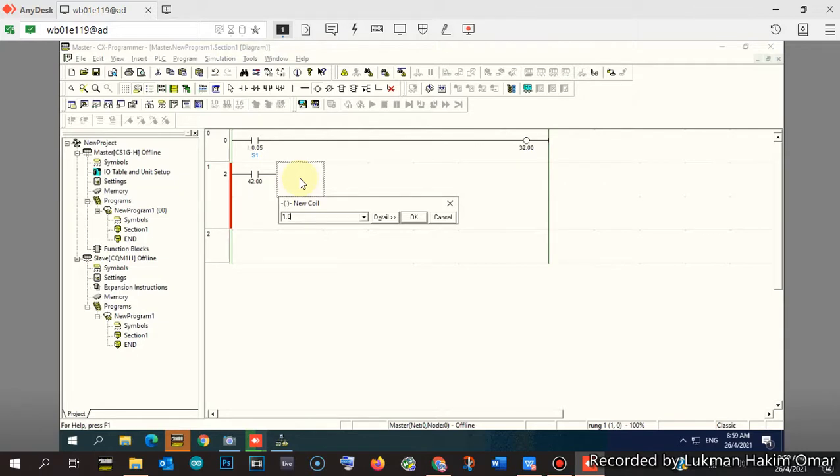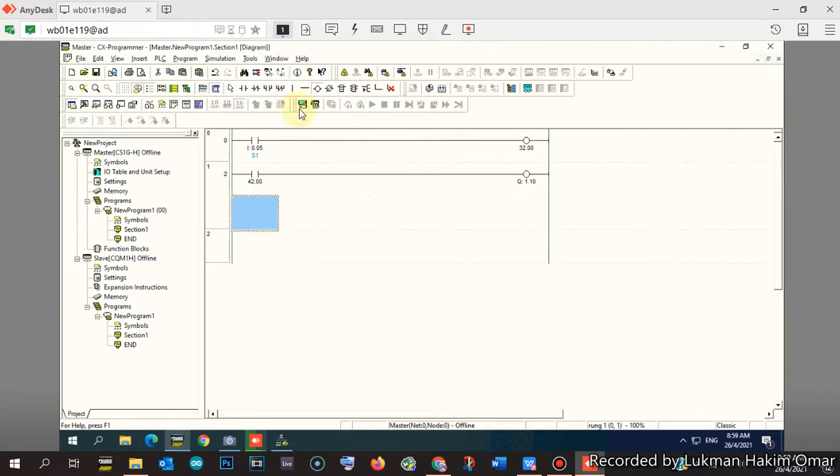So I use the address for output number 10. Alright, so that is done for the master PLC part. This input number 5 bit will go to this address in the master PLC.